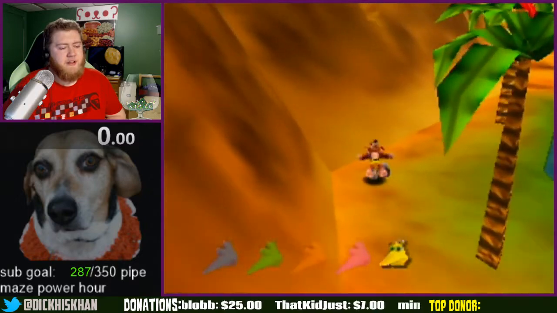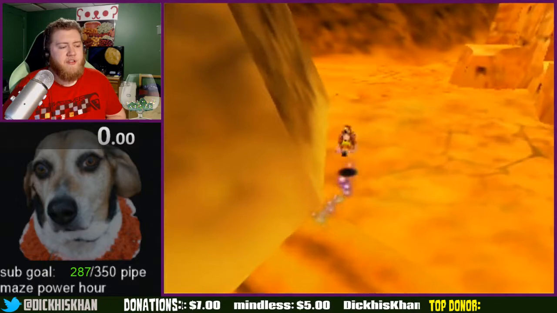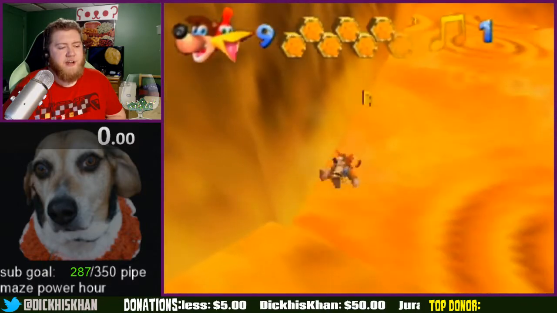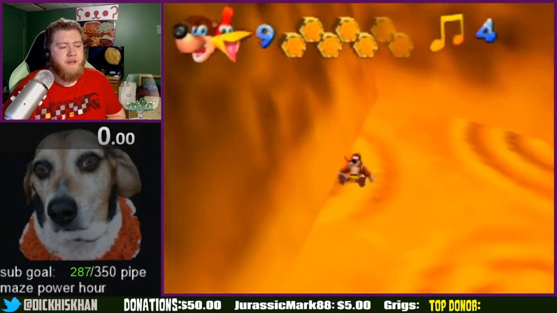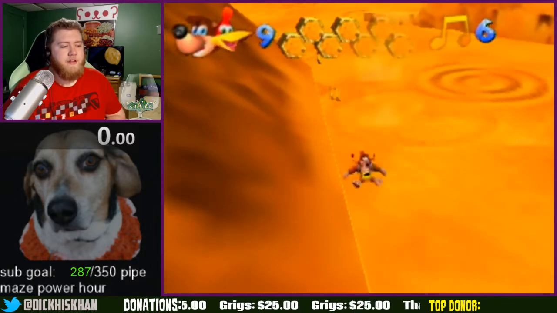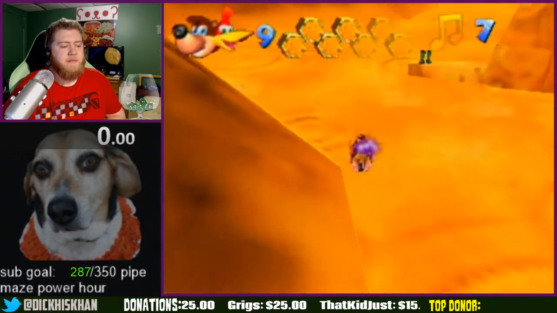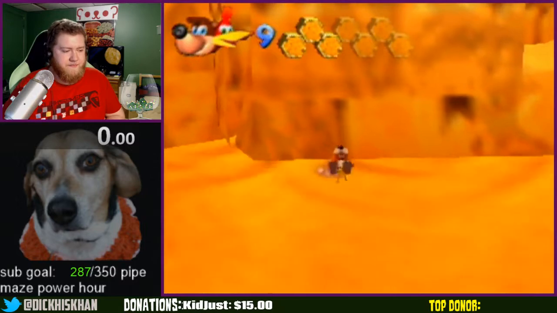Get the speed shoes, and the whole concept behind this new route is that we're actually going to get the notes in the hot sand here with speed shoes instead of wading boots, and this will save you a lot of time. There's a Mumbo token here you're going to want to grab too. What the hell? Took a lot of damage there, but anyways, you're going to want to set up for your Talon Trot Gobi clip,